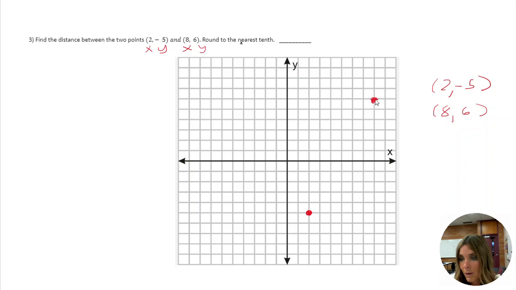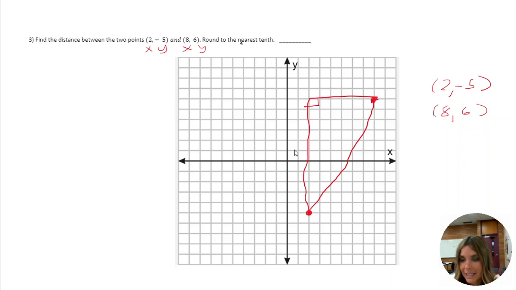Okay, so we want to know this. Oh, I wish that was a little straighter. We want to know that diagonal distance. Okay, now I'm going to just draw in a triangle here. So even though there wasn't a triangle drawn for this question, what I want you to recognize is that one